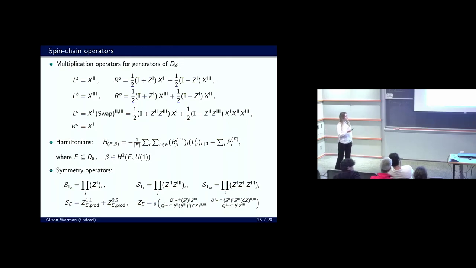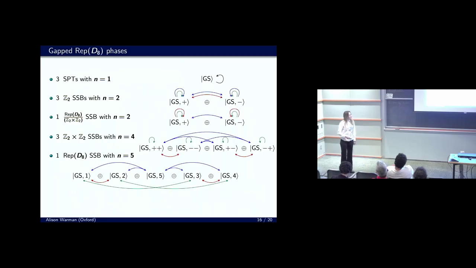And then for each subgroup of the H8 up to conjugacy and 2-cocycle beta, we can write a Hamiltonian realizing the gapped phase. This is Rep(H8) symmetric because we have this projector term, which is also diagonal, so obviously commutes with the diagonal symmetry operators. And this disordering term, where we have multiplication by F and then F inverse. Since these symmetry operators act by basically picking out the matrix representation, and here we have F and F inverse, the matrices cancel, and so this Hamiltonian is indeed Rep(H8) symmetric.